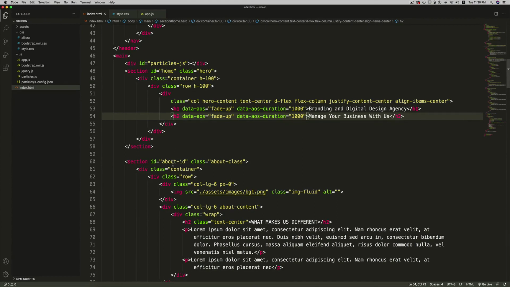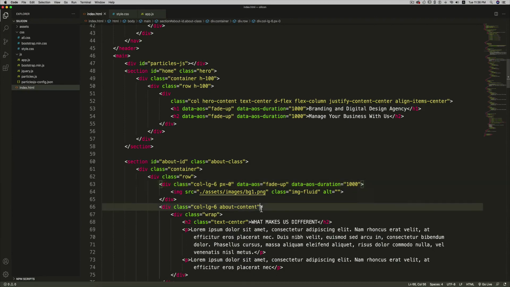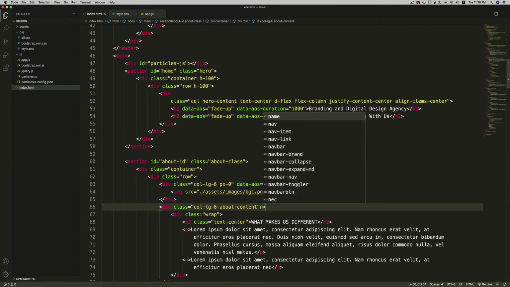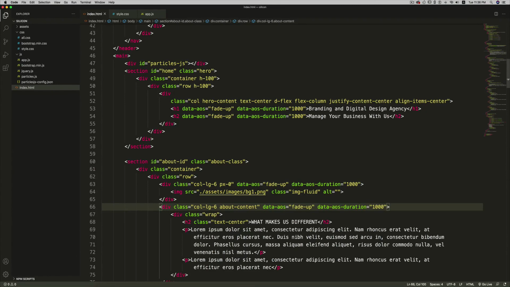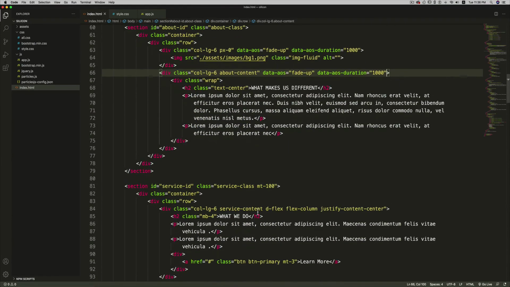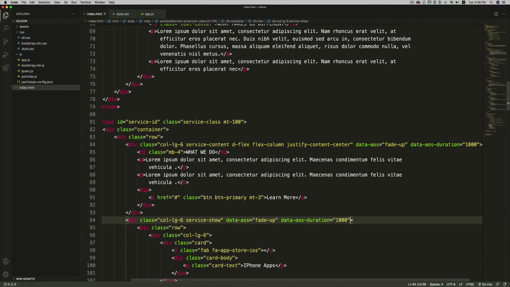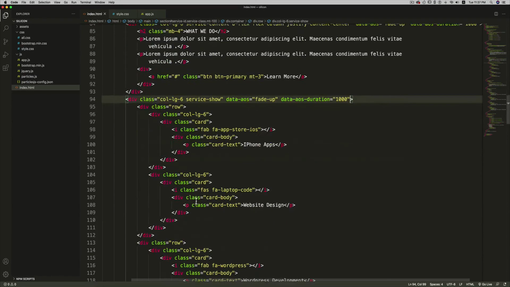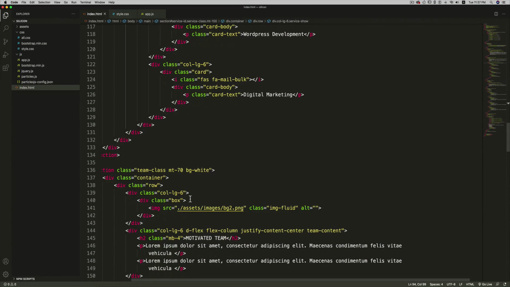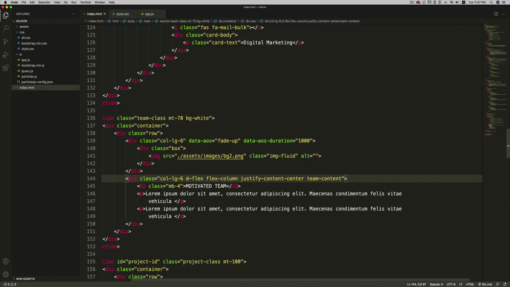Similarly, I'm going to go in the about section, and in this div I'm going to paste it. Again I'm going to paste it here in the second col-lg-6. Now let's go to the service section, and in here I'm going to paste it in the col-lg-6, this entire div, and here also I'm going to paste it. Then in the team section, here in this div I'm going to paste it, and here also.